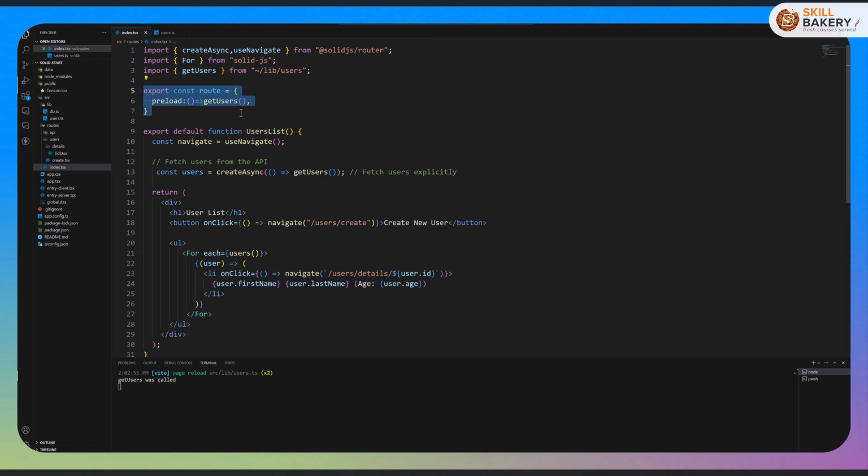So here you can see that we have created a const route, and here we are making use of the preload method, and then we are calling the getUsers method. Now, the issue with this approach is that getUsers is being called twice. So here in createAsync as well as in the preload method. In order to resolve this issue of multiple calls, we need to introduce a caching mechanism as